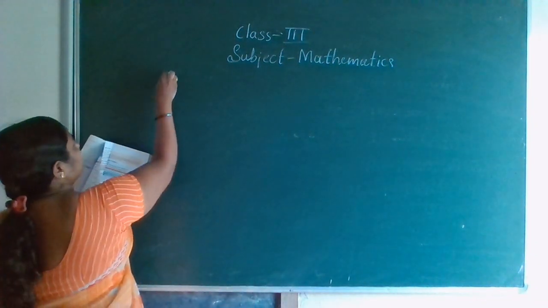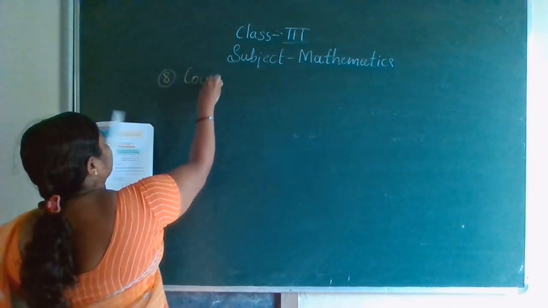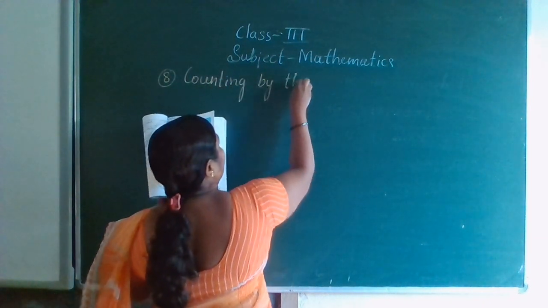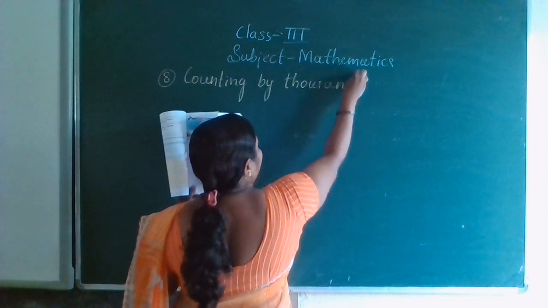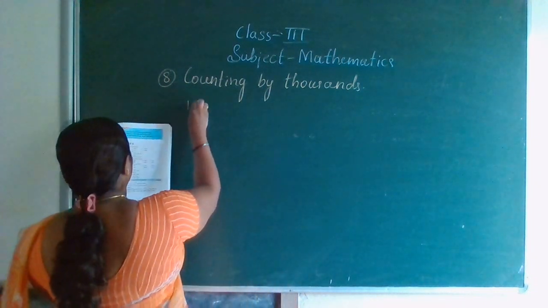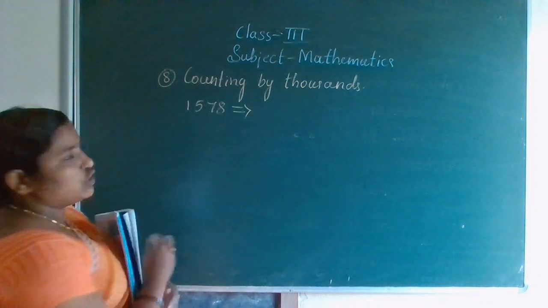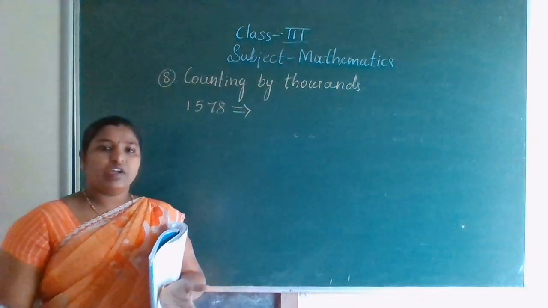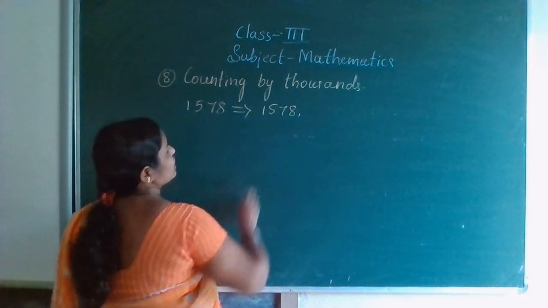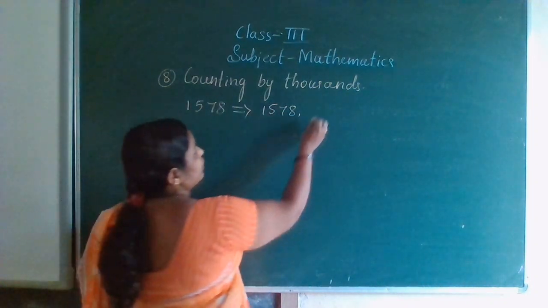Now 8th problem. Counting by thousands. Start from the number 1578. Okay, what we should do? We can't count in our fingers. So first number write as it is 1578. Next add 1000 to first number. It will become